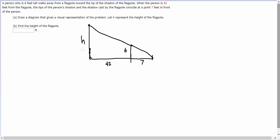Okay, so how can we use this to find H? Alright, since these triangles are what we call similar triangles, and the fact that they share the same angle, the sun is hitting them at the same angle, we realize that the ratio of 7 to 6 is the same as the shadow of the person to the person's height is the same as the flagpole's shadow to the flagpole's height. So what I'm saying is